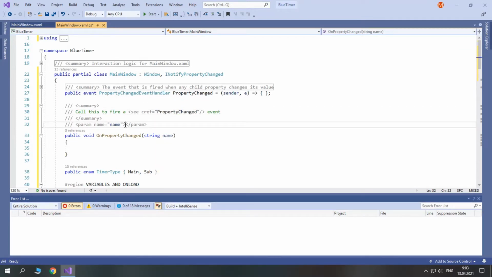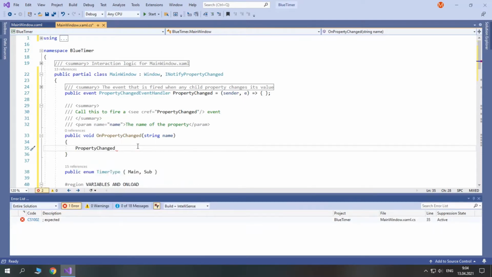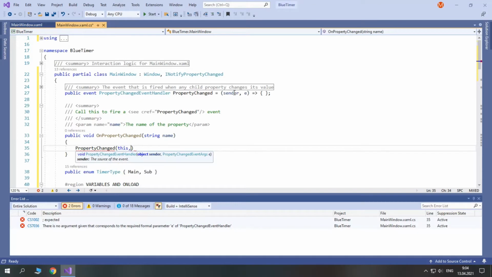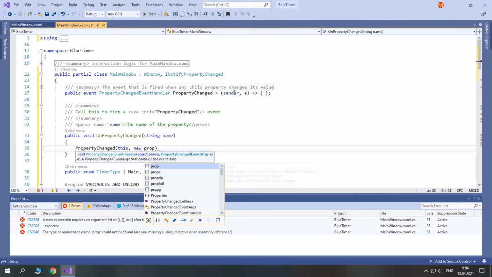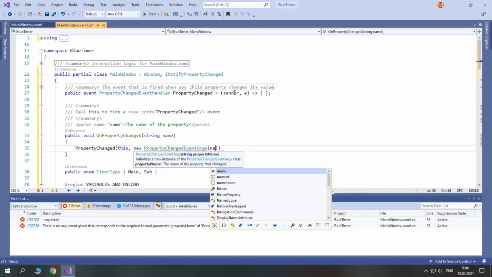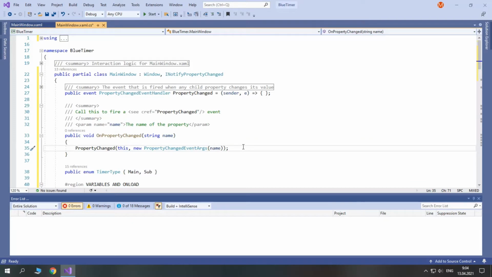And the parameter is the name of the property. So here we just access our event PropertyChanged, and we pass this and new PropertyChangedEventArgs, and in parentheses you type name, and that's it.